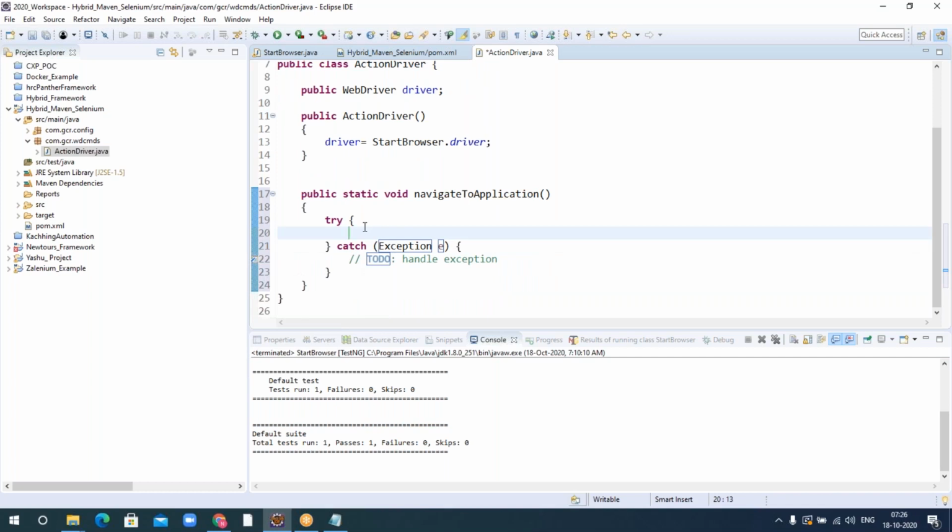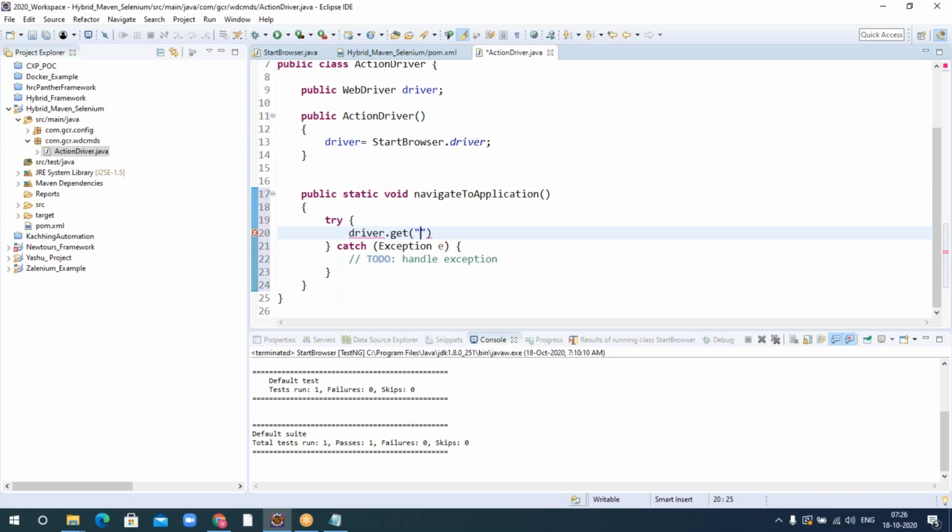So here it's very simple. Driver dot get. I need to give the URL for that.